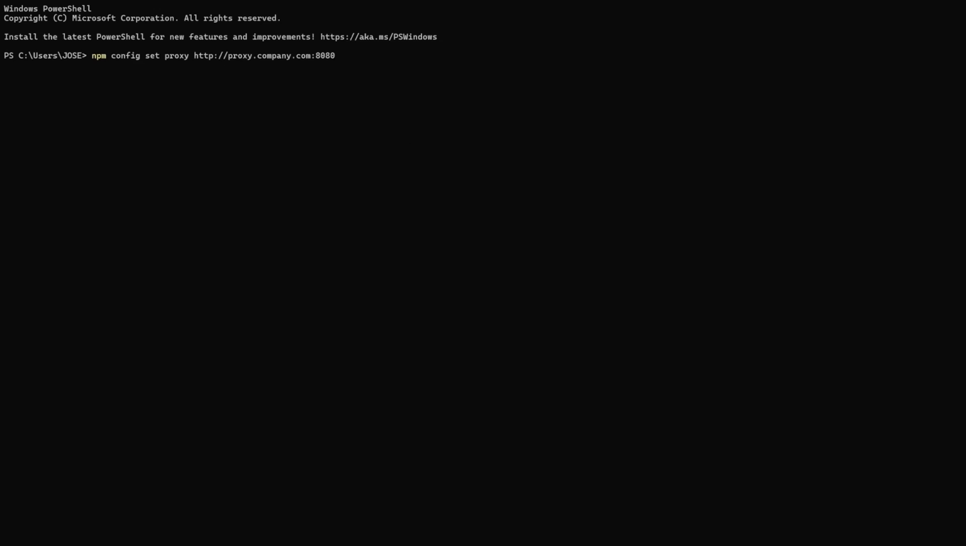Next, you need to configure npm to use the identified proxy settings. Open your command prompt or terminal and enter the following commands. First, type in npm config set proxy http://proxy.company.com:8080, replacing the address with your actual proxy address. Then run npm config set https-proxy